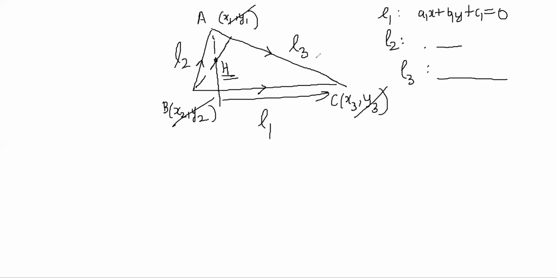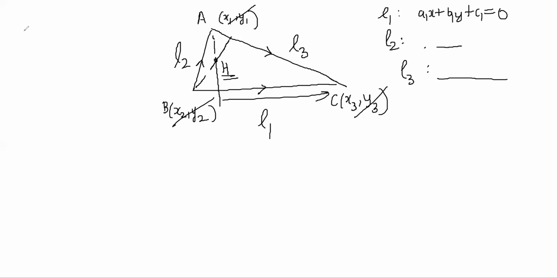So now the standard normal approach to find orthocenter would be that first you find the vertices A, B, and C. Once you have the vertices, then you can start doing the stuff, slope and whatnot, right? You can start making a perpendicular line from A, which is perpendicular to L1, right? And once you have two different altitudes, then you can solve for them, right? That is one way to do it.